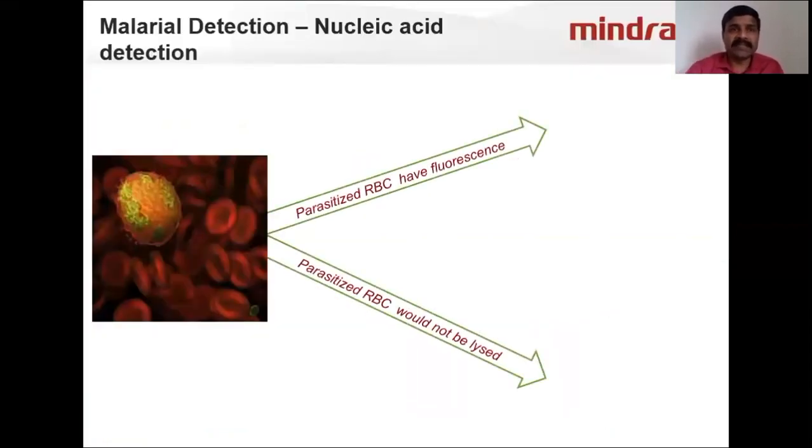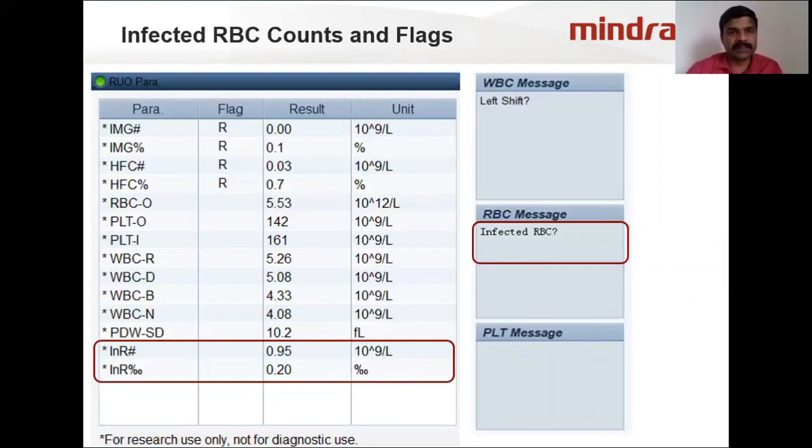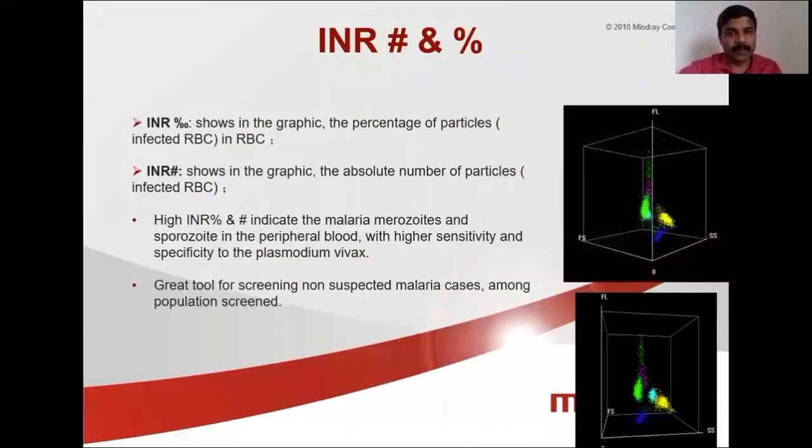So coming to the infected RBCs, which I mentioned earlier. As we have a fluorescent dye which is able to find the nucleic acid, it will stain the parasite, and this will be captured in the differential channel and reported as infected RBCs. You will get the infected RBC percentage as well as the absolute count, and you will get a flag in the RBC messages. Whenever you get these messages, you can go for confirmation of the malarial parasites. So without any additional reagent or additional cost, by doing a simple CBC plus differential, one screening for malaria is done in this kind of instrument.